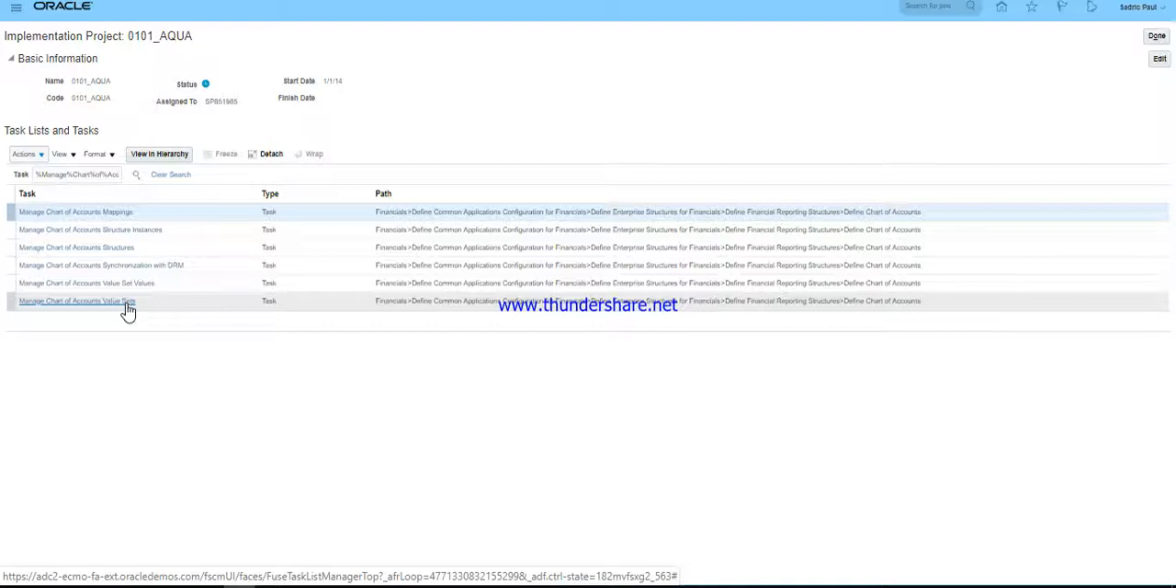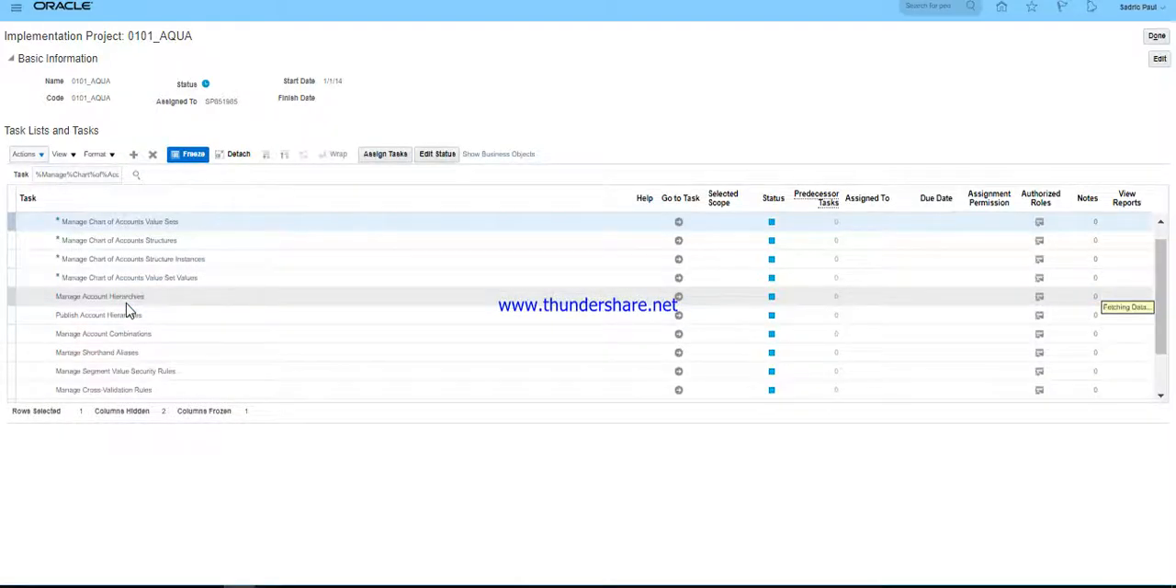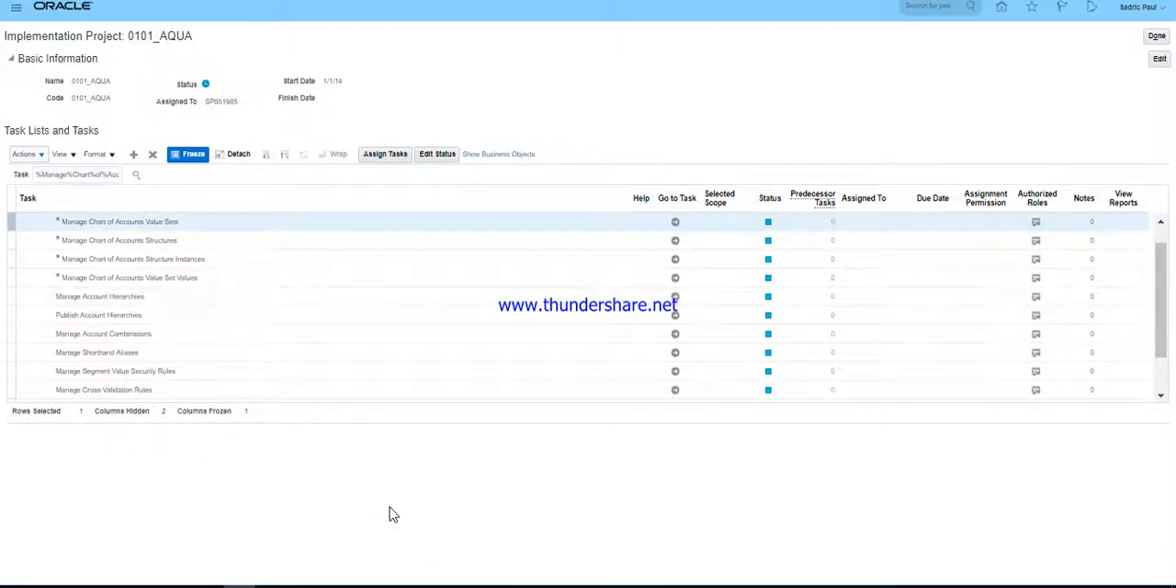Now to create a chart of account, we have to use manage chart of account value set value, by clicking the link icon in the financial part. So I'm going to click here on manage chart of account. Once I create a manage chart of account, you can see the asterisk sign in front of manage chart of account structure, manage chart of account, and all this. So first we're going to use manage chart of account value set value. I'm going to click on go to task,